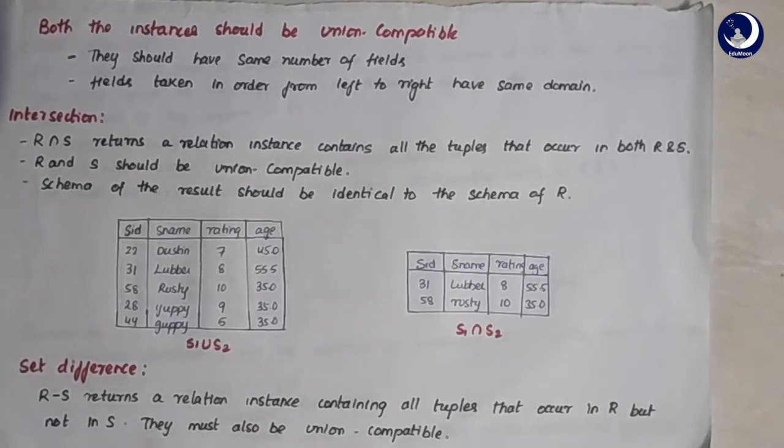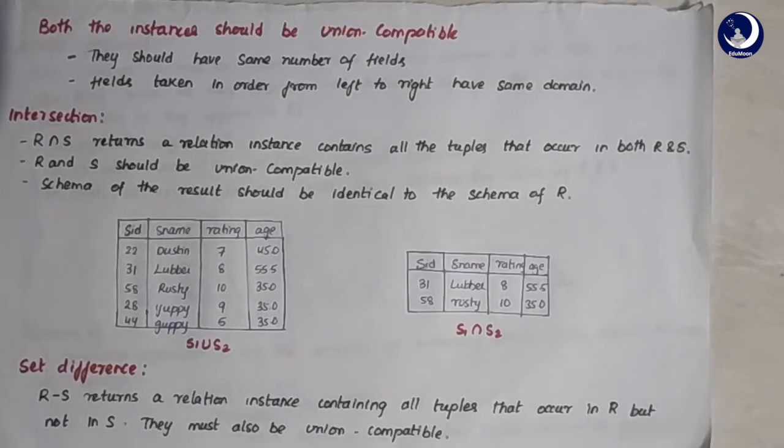In the example here, we are performing a union between the S1 instance and the S2 instance. This has all the values we have in S1 and S2 by removing the duplicates. In the example that we have taken initially, we have Rubber and Dusty. These are the two duplicate names. So those two names are only taken once and the remaining result is returned here. So this completes union. Let's look at intersection.